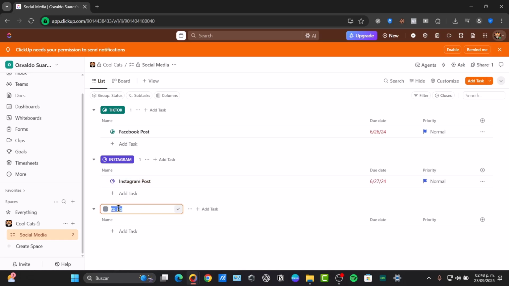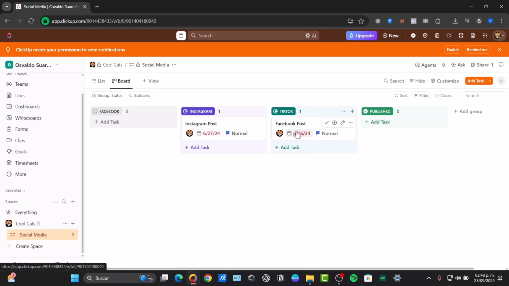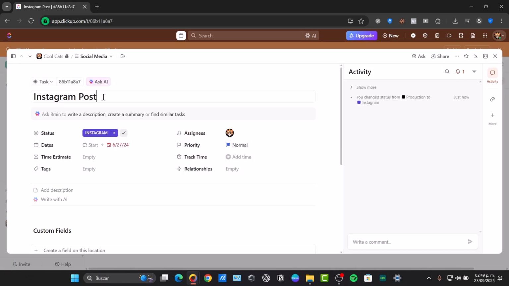Let's say I'm going to type in here Facebook. The second way now is to click directly into the elements that you need to change. For example, inside Instagram, TikTok, I want to click into this specific element that says Instagram post, right? So instead of going for Instagram post, since I already know that this is Instagram, I just type the word for what exactly this is, post, and what it is about. Let's say, for example, that this will be product number